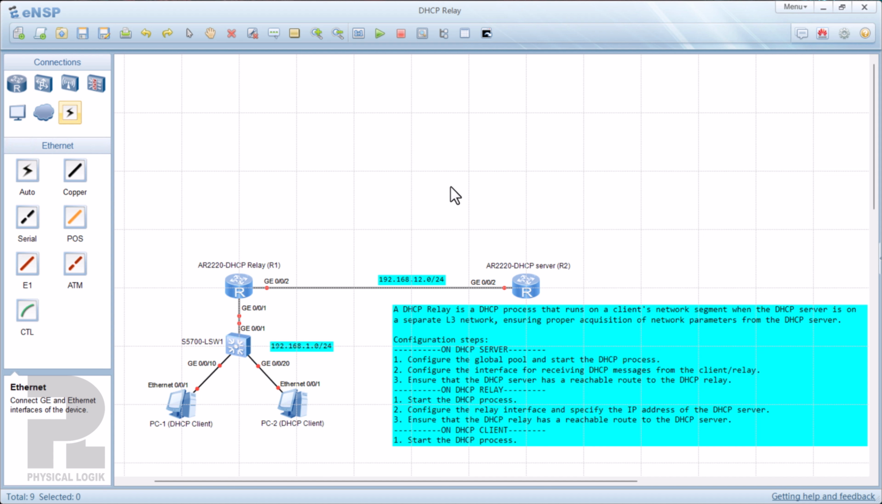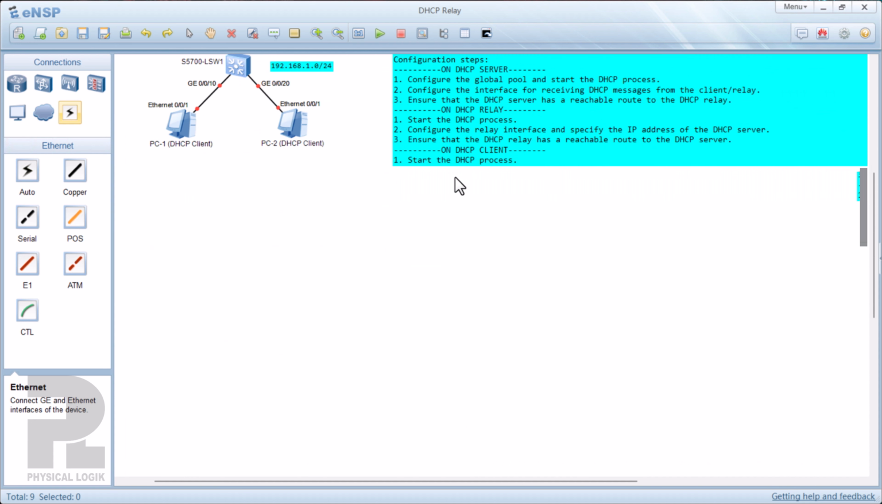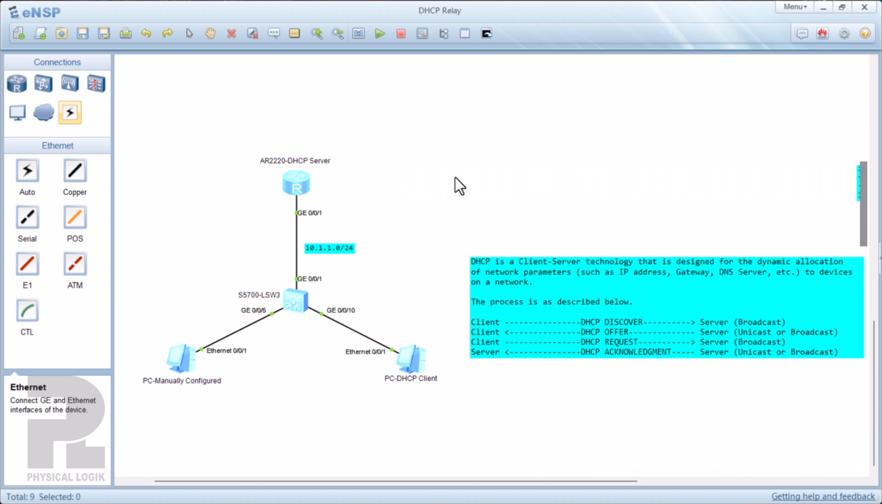But before we do this, let's go ahead and demonstrate how DHCP works and why we need DHCP on a network. So here is the standard architecture to demonstrate the DHCP functionality. We have here the router AR2220 running the DHCP server process at the moment. And then we have two computers. The first one, we're going to manually configure this device. And then we're also going to enable the DHCP on this device to show you how easy it is to